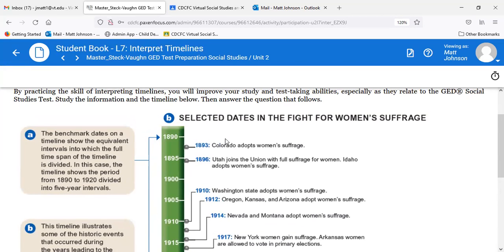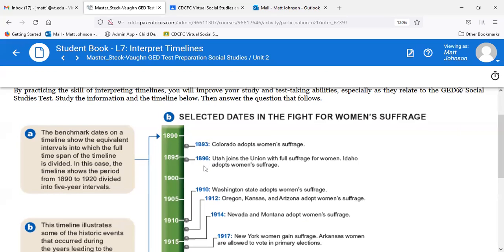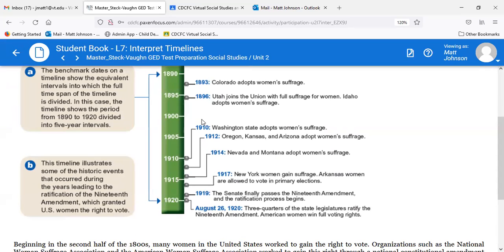So, several things happened. For one, some states had already started adopting women's suffrage without really a push, without the necessity. Like it says here, in 1893, Colorado adopted women's suffrage. So there wasn't a big aggressive push for them to do that. Same thing, Utah joins the Union. When they join the Union, they are offering the women the right to vote as they enter. Idaho in 1895 is another state. Then Washington State adopts women's suffrage in 1910. Oregon, Kansas, and Arizona adopted in